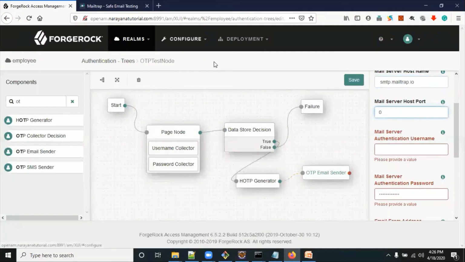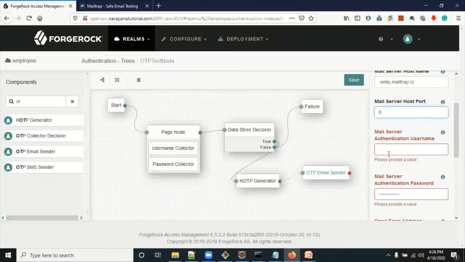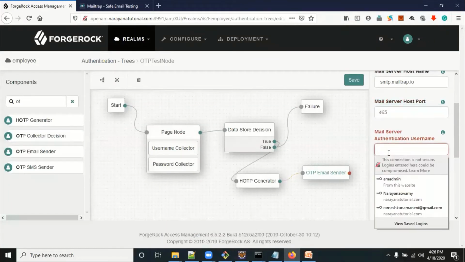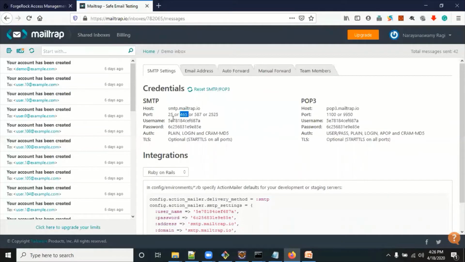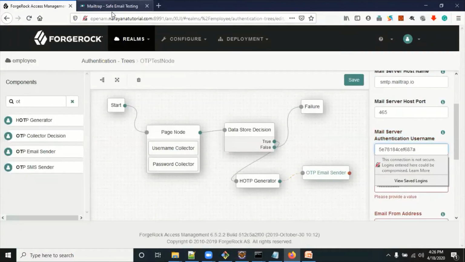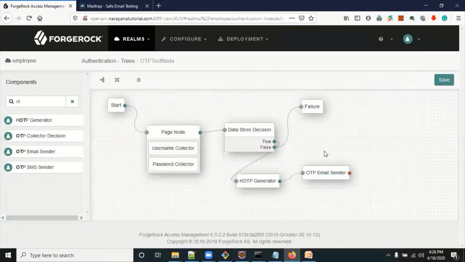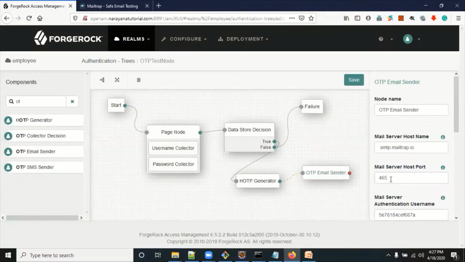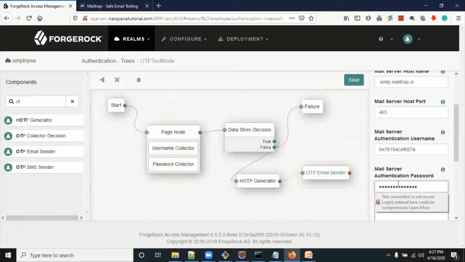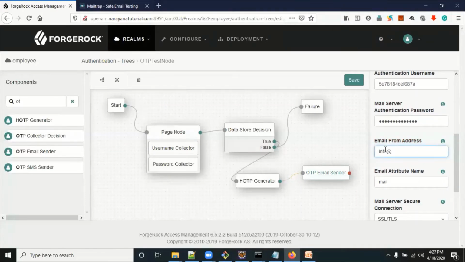And what is the port? Any port you can use, but I am going to use 465. And what is the username here? The username is dynamically generated here, so use that one. The same for the password. So fill in the OTP mail sender username and password, and the mail from address. You can give any address, like info@example.com, as the from address.